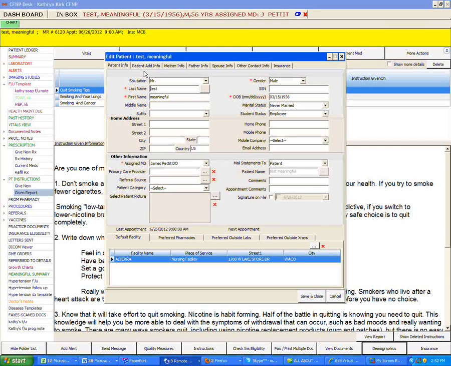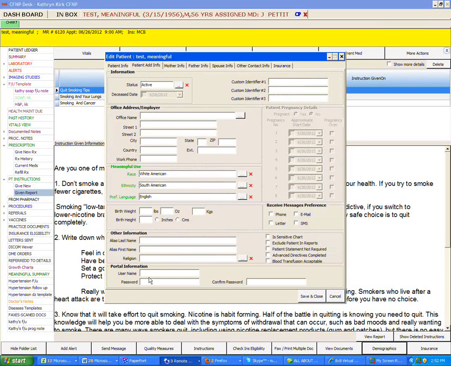And so now I'm going to go to patient add info. The way you provide them access to the information is by providing them a username and password for the patient portal. So then we would give them a link to a website. They would be able to go in and access the patient portal, and then they would put in their username and password,